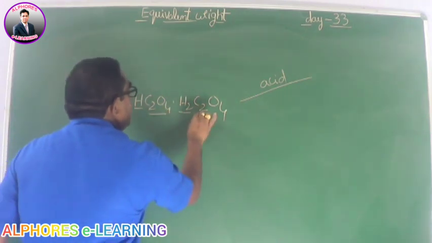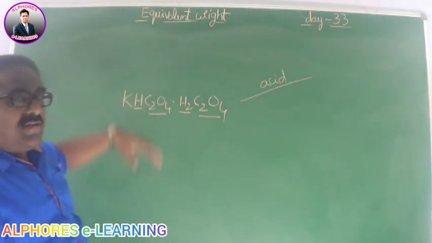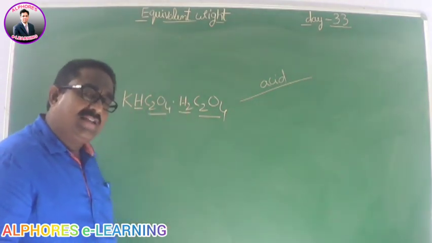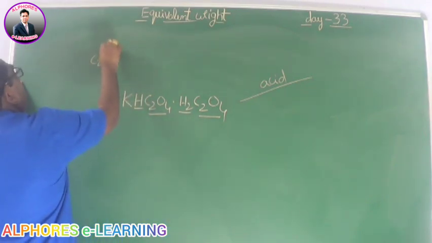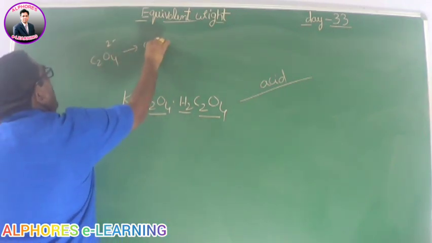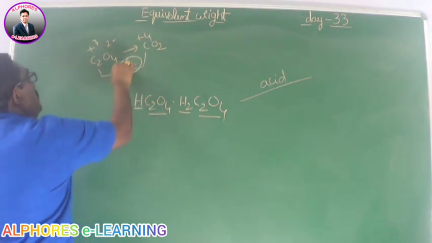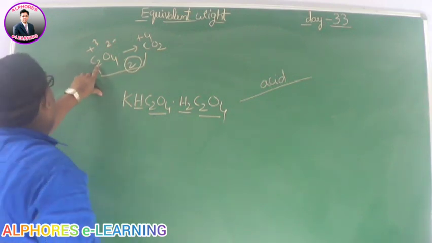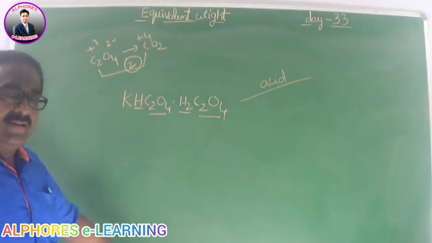And it possesses the oxalate ion. In all redox reactions, as I explained while teaching the balancing of redox reactions, the oxalate ion is always changed into carbon dioxide. The change from +3 to +4 is 2, because 2 carbons are there in the oxalate. So the N factor is 2 for oxalate.